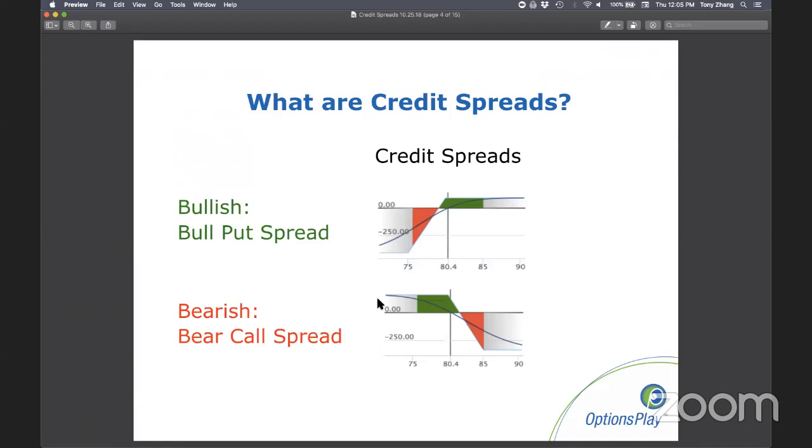And hopefully many of you that even trade credit spreads will learn something new, because there's always some pieces of credit spreads that I see some traders may not truly understand. So I want to make sure that everyone really understands how to set up a credit spread, what the benefits of credit spreads are, before we move on to what are the optimal credit spreads to trade.